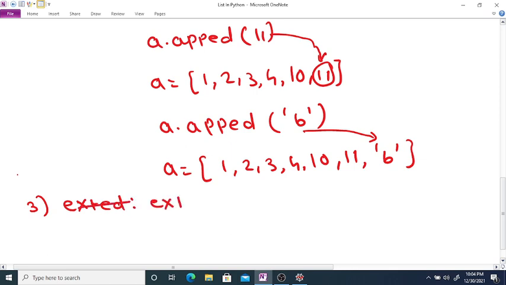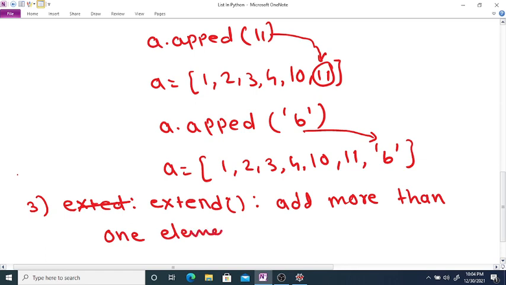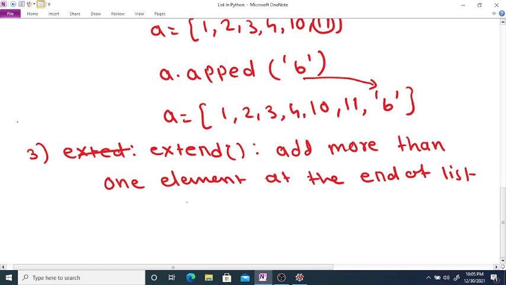Extend is used to add more than one element at the end of the list.